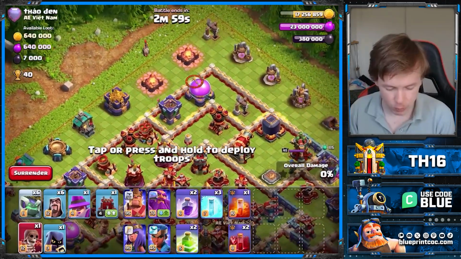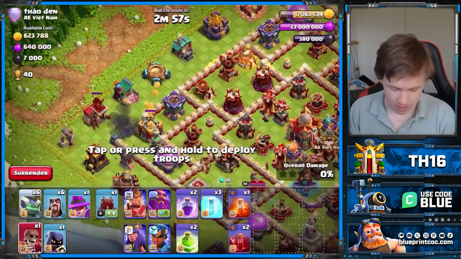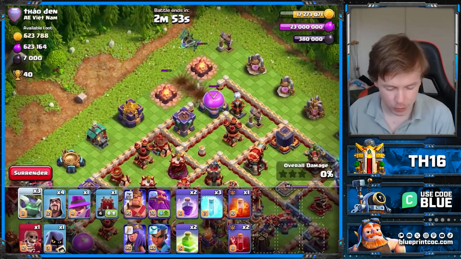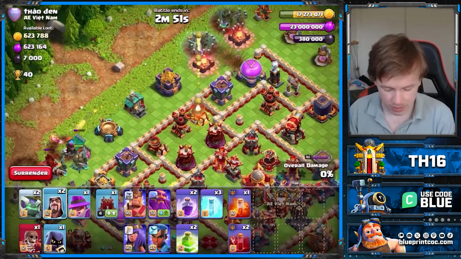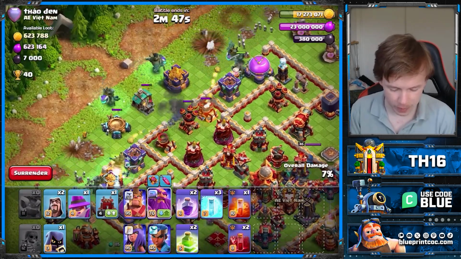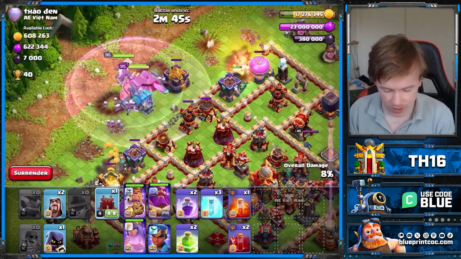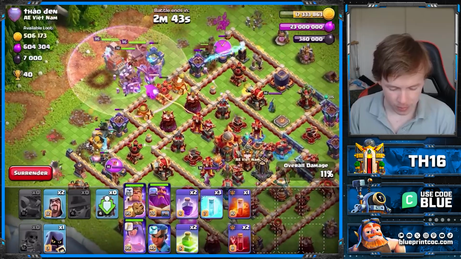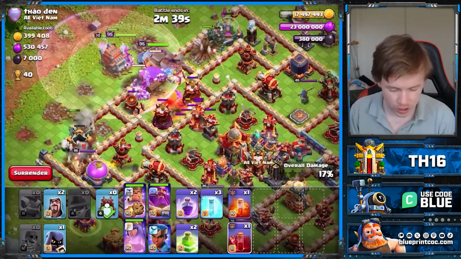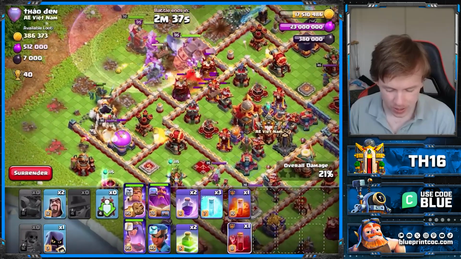So we're just going to get the Wall Breakers down at the start. I am going to use 2 Witch Golems on each flank, but I'm not even sure we really need it. But, you know, I'm not even sure we need them in the core of the base anyway. You know, we've been wrecking bases all day with this army. So we're going to get the first Skeleton spell down just in time,